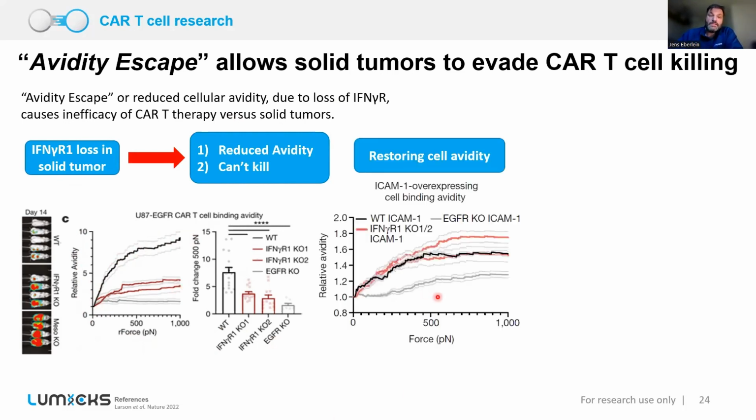So now they went ahead and restored cell avidity by doing a pathway analysis and identifying ICAM1 as being downregulated in the absence of interferon gamma receptor 1. And so they reintroduced it, overexpressing ICAM1 in the knockout cell line. What you can see here, the black line is the wild-type cell line, and the red ones are the interferon gamma receptor 1 knockouts, rescued with ICAM1 overexpression to restore avidity. And this then led to